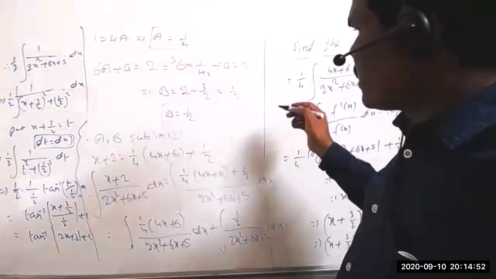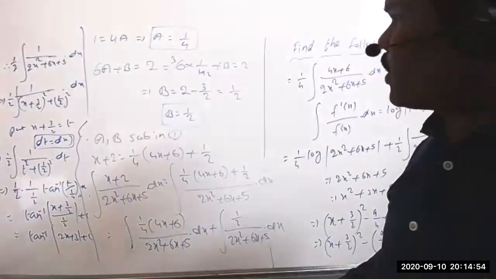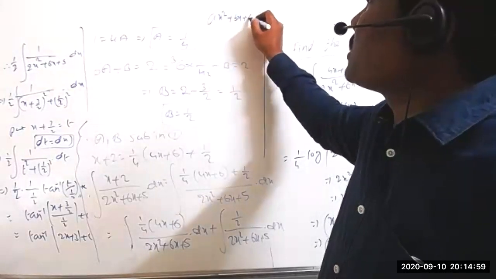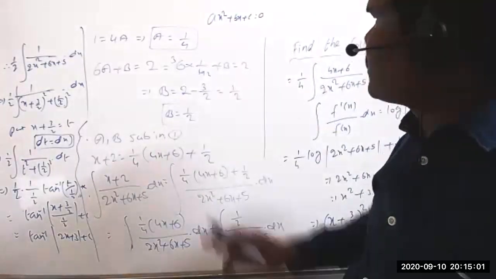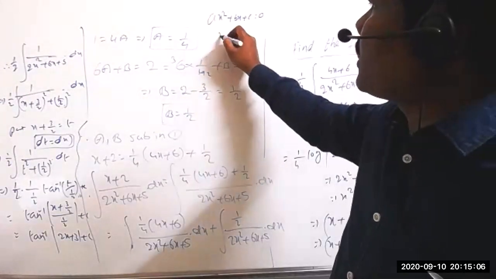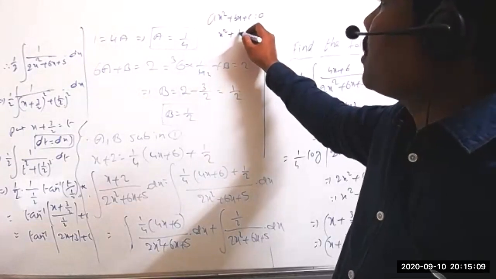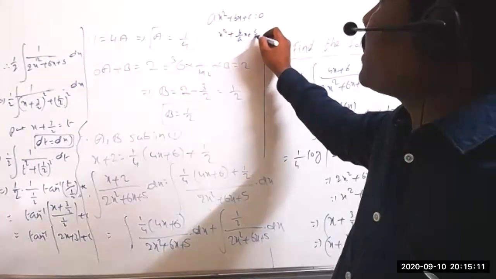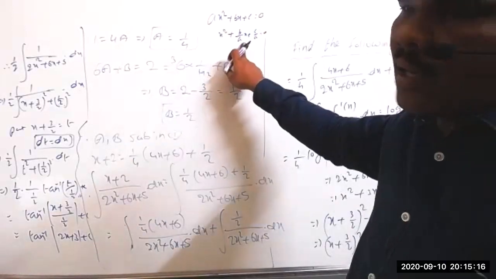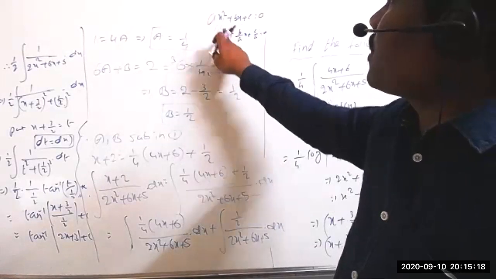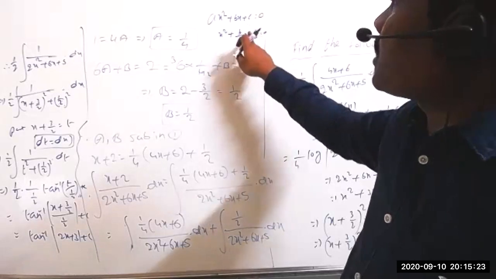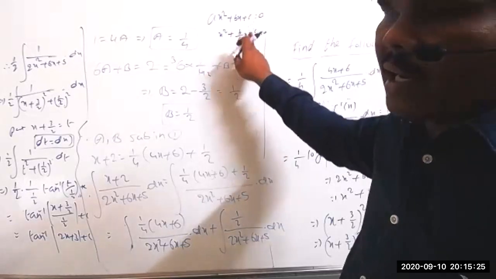Especially linear equations, quadratic expressions, polynomials are the more important condition. Suppose you take ax square plus bx plus c equal to 0. In that case, you can divide by a, to get x square plus b by a into x plus c by a equal to 0. Why equal to 0? If you take a as the LCM, you get ax square plus bx plus c equal to 0. That means when equal to 0 is there, we can directly divide.